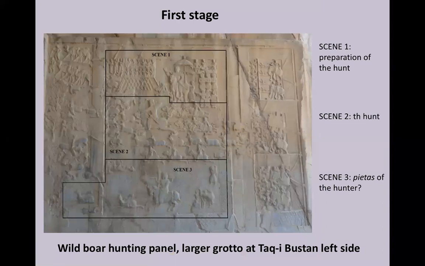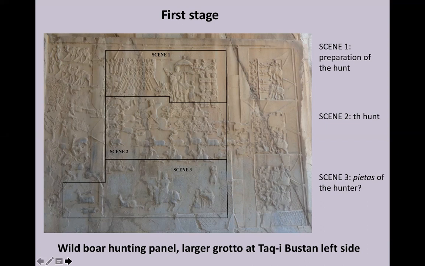Yes, this one. So again, this panel is very non-Sasanian in spirit, I would say. Once more, we have the king represented bigger than his attendants, and he is represented three times on three levels. He is represented above, waiting for the hunt, listening to music and singers. In the middle, he is hunting these animals. And in the lower part, it's very enigmatic. We don't know exactly what he's doing.